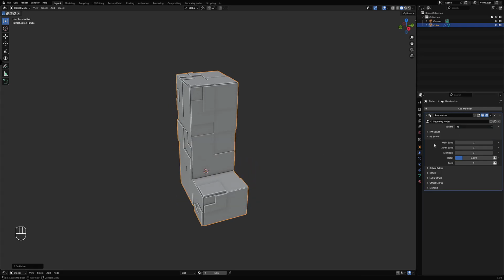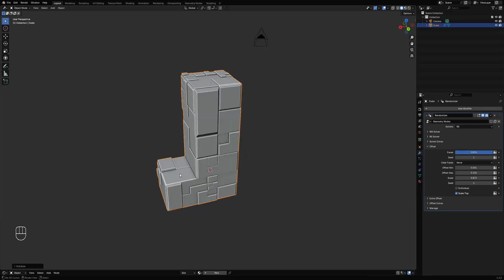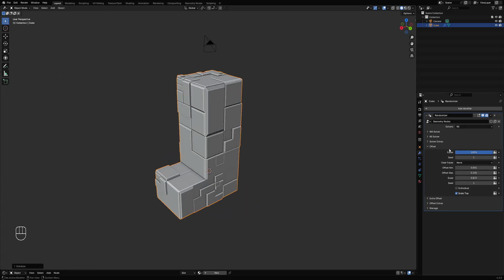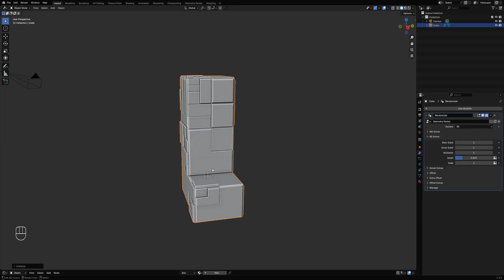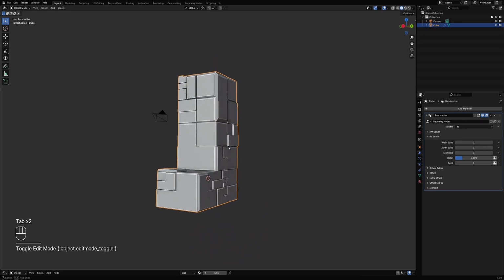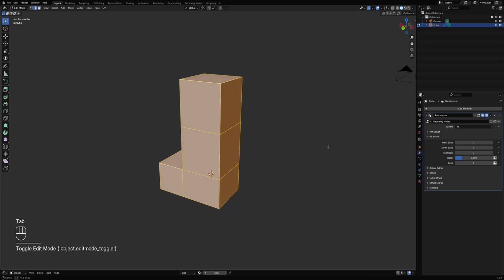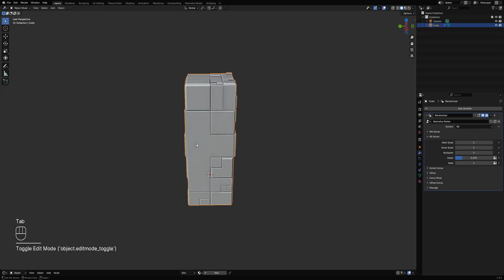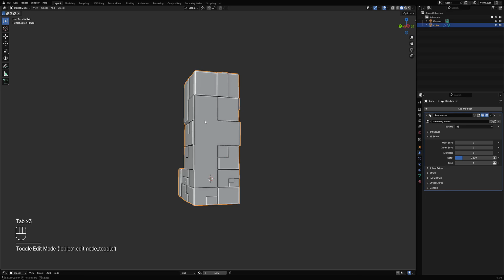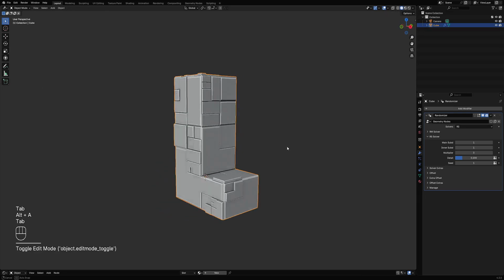And we're going to go to offset and scale the face or faces. And as you can see, the faces or the face islands cannot actually grow larger than the actual biggest face in the mesh, as you can see here. Oh, there's one, but it's pretty rare to actually see that. So yeah,